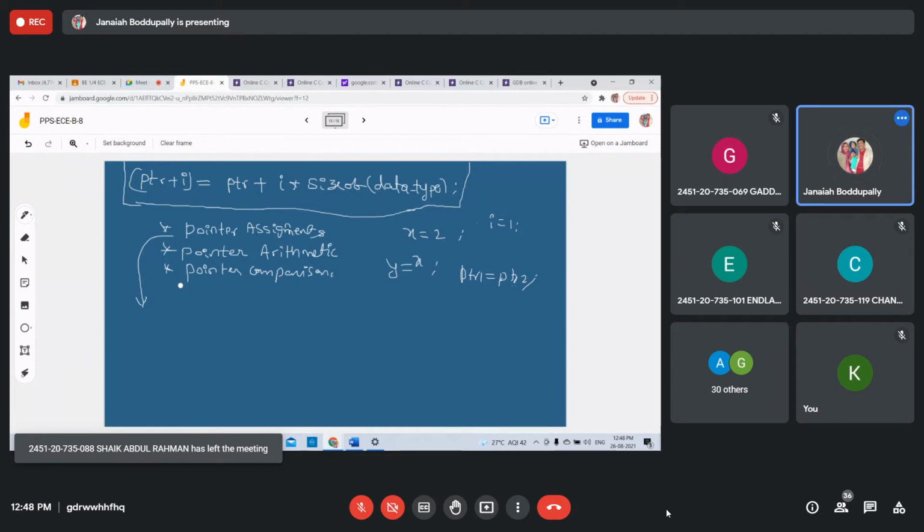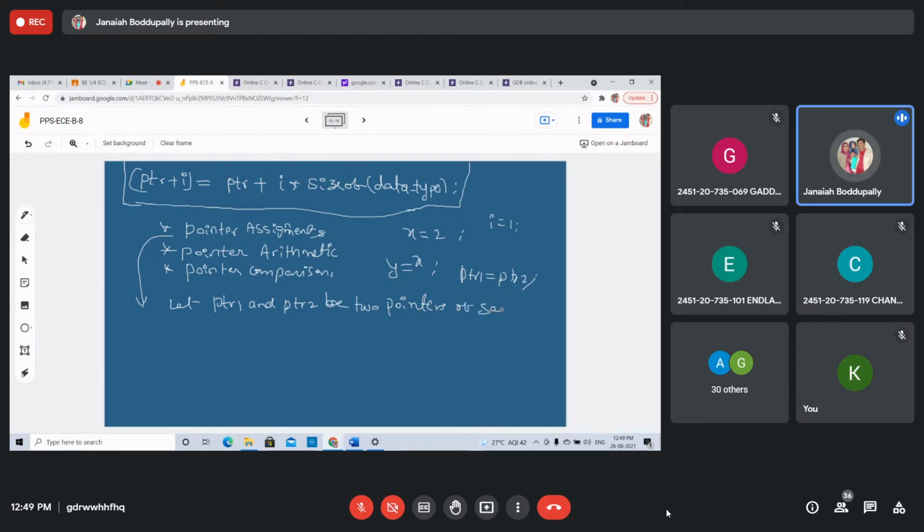Let ptr1 and ptr2 be two pointers, or pointer variables, of the same data type only.